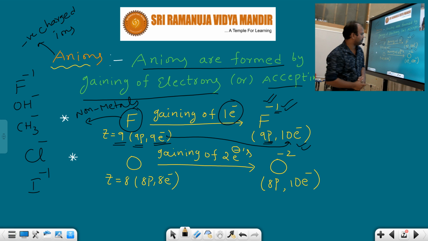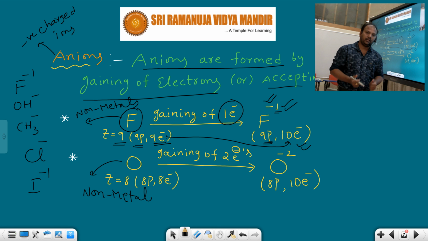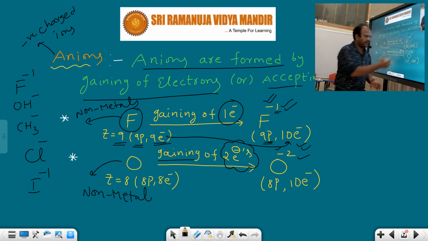Oxygen is a gas. Gases generally act as non-metals. Whenever a non-metal is capable of gaining electrons, oxygen gets stability. Oxygen is stabilized by gaining 2 electrons, or accepting 2 electrons. So whenever oxygen gains electrons, it gets a negative charge. How many electrons does it gain here? Oxygen gains 2 electrons. That's why I put minus 2 on the atom. Is it correct or not? Oxygen is gaining, that's why I put minus. How many electrons is oxygen gaining?